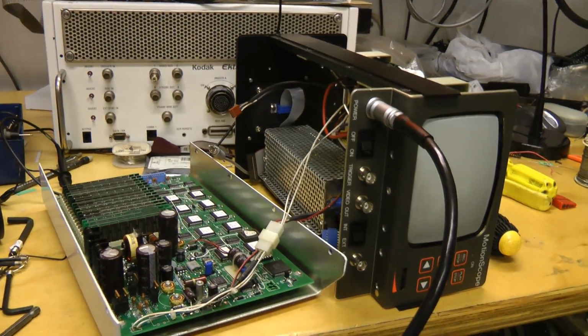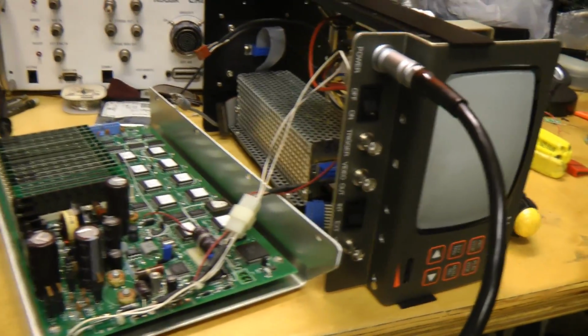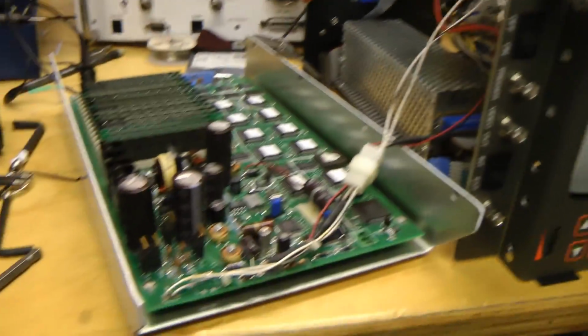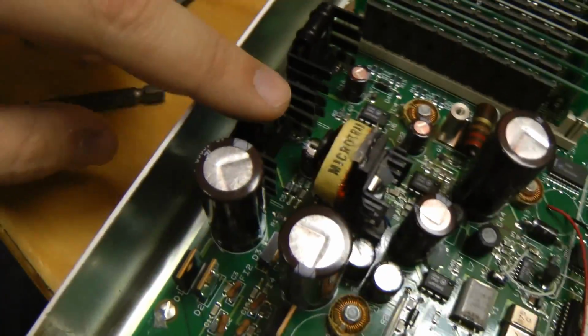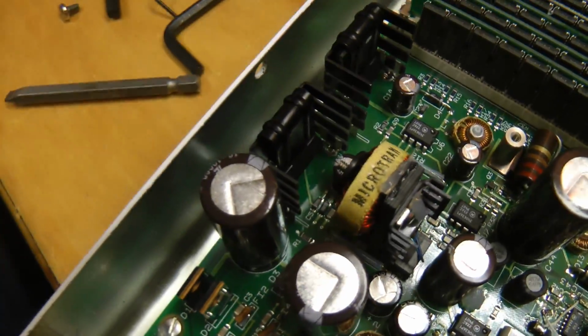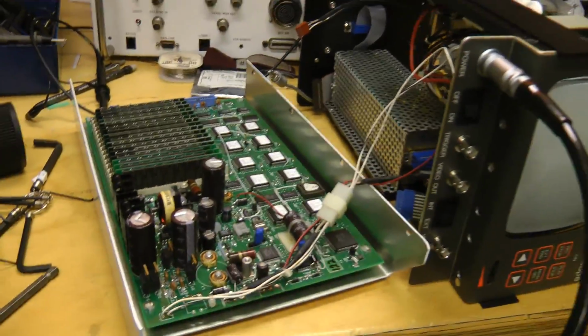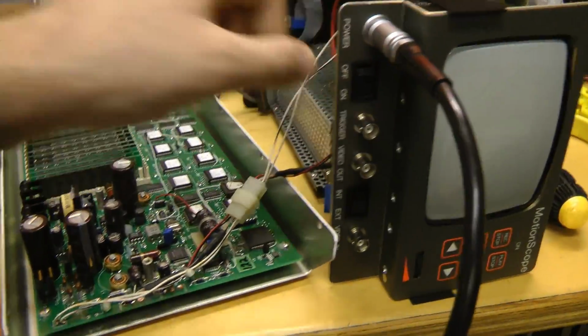Okay, let's see if we can fix this Redlake Motionscope. If you saw the last teardown video, when I put it back together, it wasn't working properly. The power supplies were making noise, and this, I think its regulator, was getting very hot. So I disconnected all the cables except for power, and when you turn it on, that problem seems to be